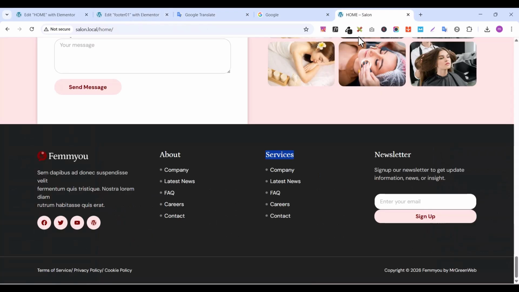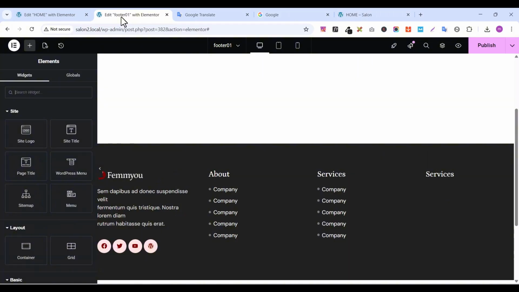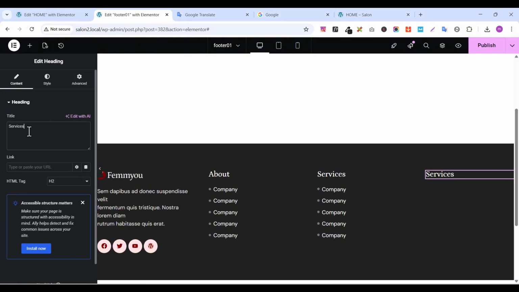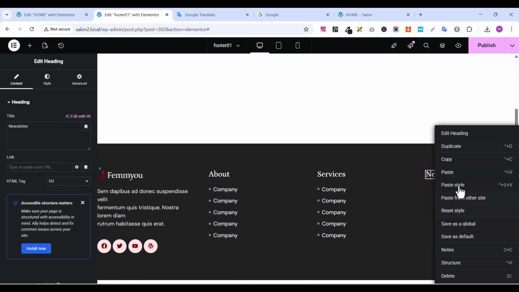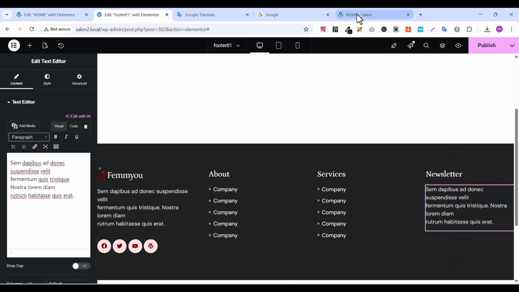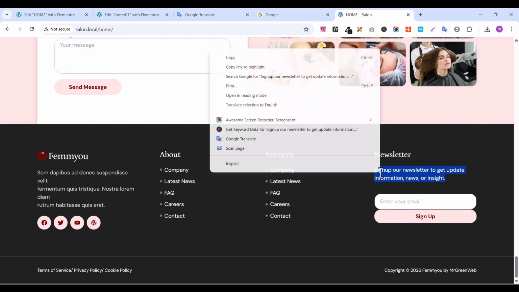So let's go back, copy this one back here to replace it. Let's replace it from here like this. So after that, let's copy this text and paste it here. So let's go back to our reference site, copy this text from here like this